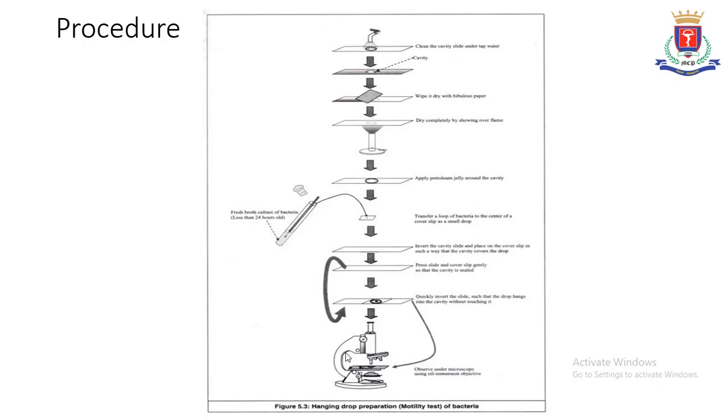As the drop hangs, it thins towards the edge, and for which the edge contains fewer bacteria to be observed clearly for motility. Usually, aerobic bacteria come towards the edge to get more oxygen for respiration, for which they can be observed on the edge. And a drop of immersion oil is put on the cover slip